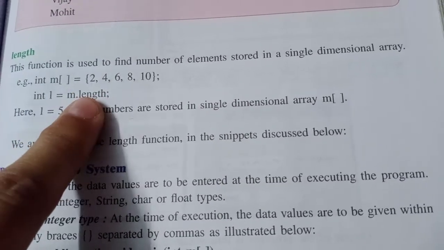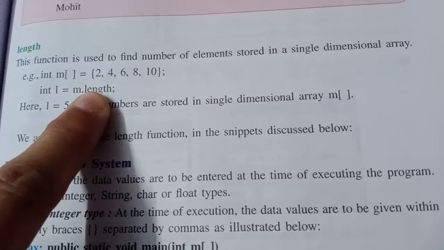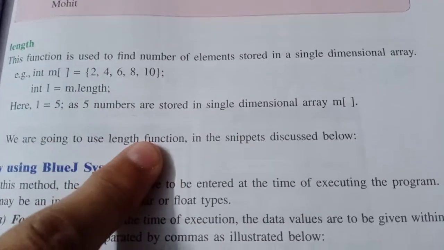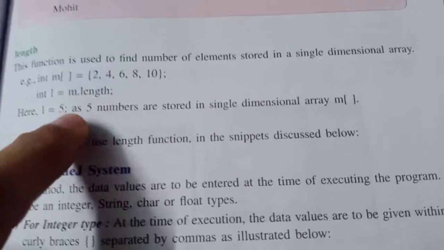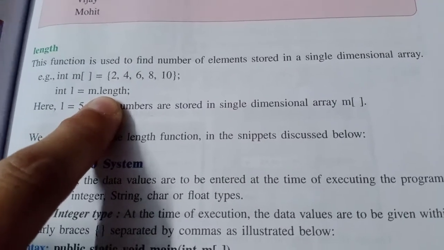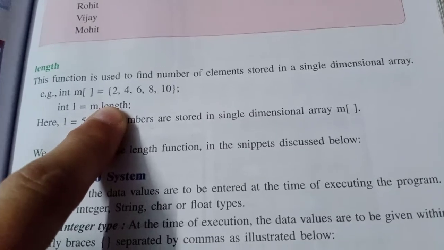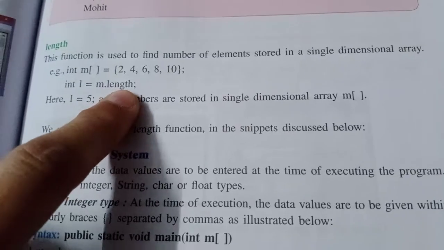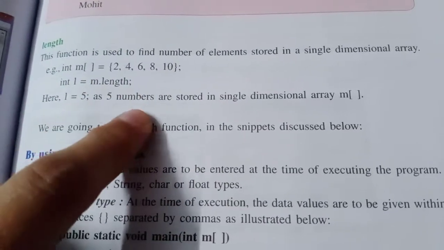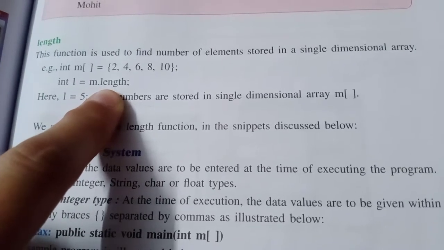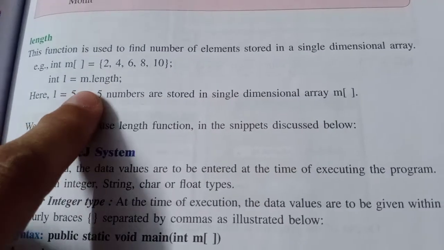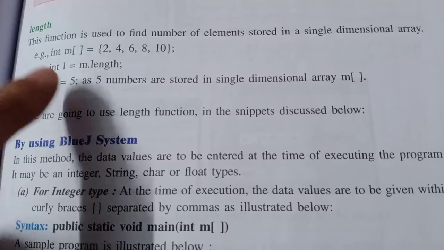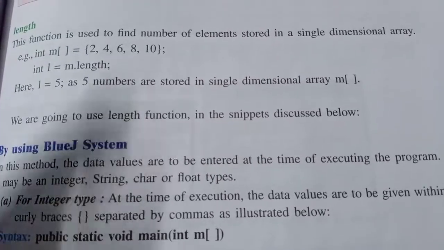You can see here length function is given without round brackets. But when we use this same function with string, we are having round brackets, pair of round brackets. So this is the difference between length function without round brackets and length function with brackets. So length function without brackets is used to calculate the length of array, and length function with round brackets is used to get the length of string. So length function without brackets will use to get the length of array that we will use in the next programs.